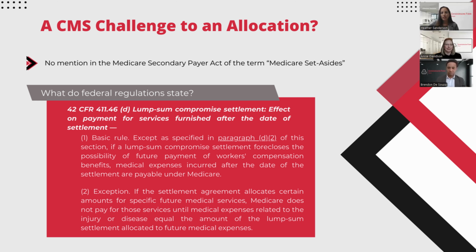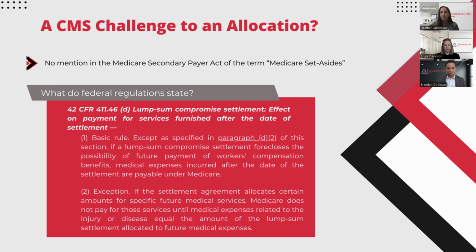Well, we get this question a lot. What if Medicare was to challenge a non-submit allocation? So first of all, I want to take a look at what the law says. There are a set of regulations that pertain to the MSP Act and also pertain to lump sum settlements. Specifically, putting here on the screen is 42 CFR 411.46(d). I'm not going to get into too much of the legalese, but I do want to point your eyes